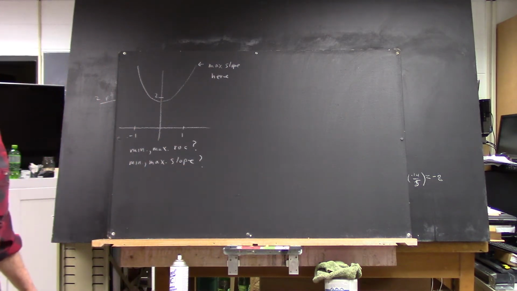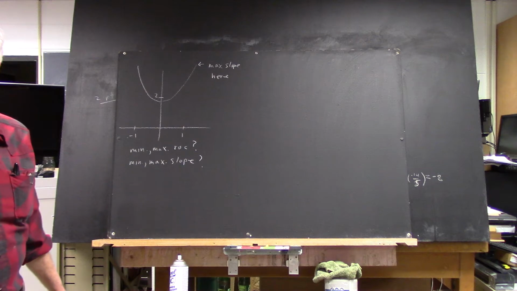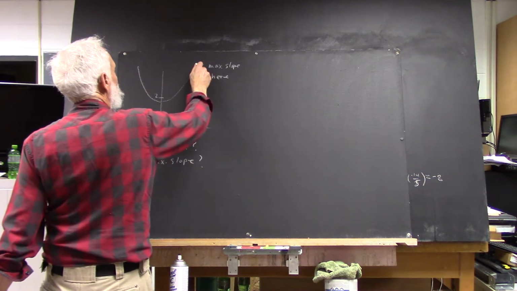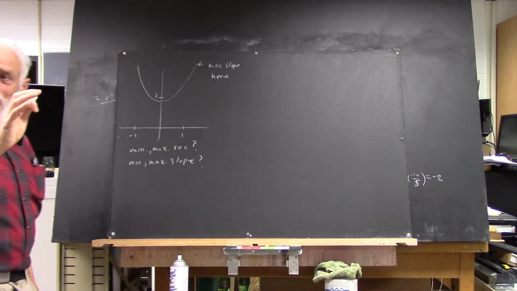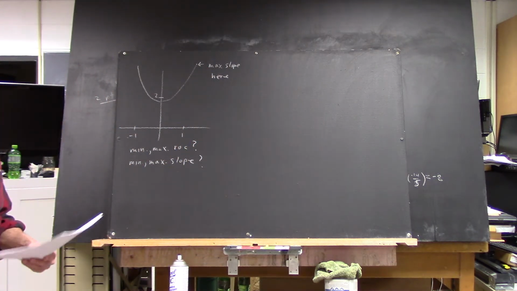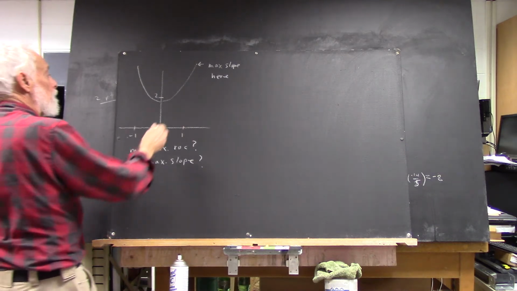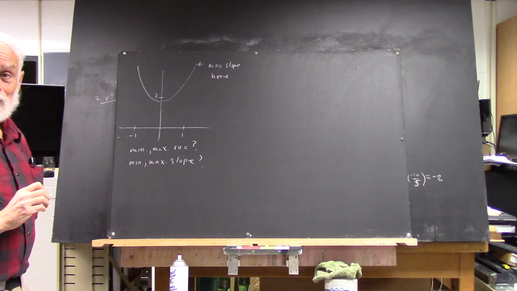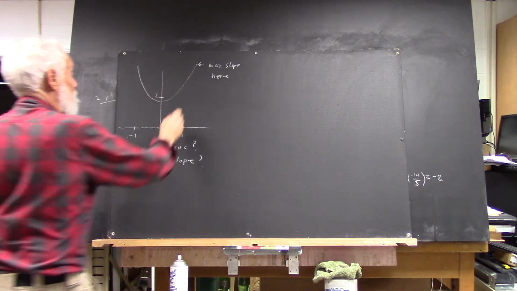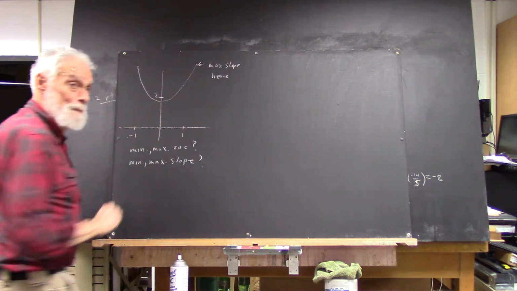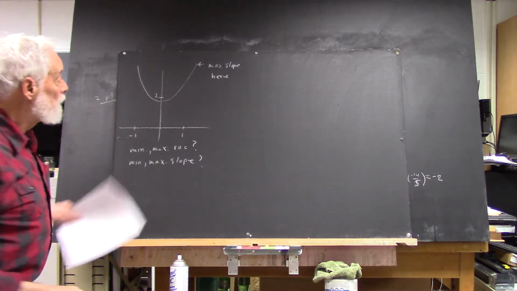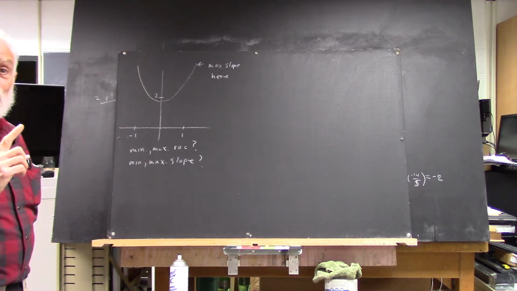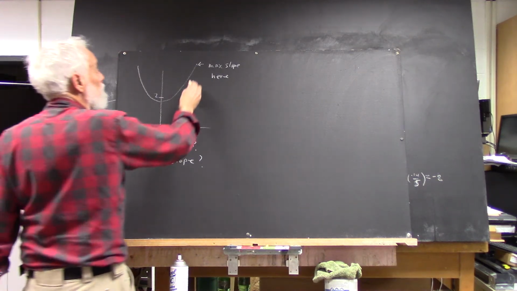Now, that means you take this last point on the graph, and listen to this carefully. I could draw a slope between this point and this point, right? But I could draw a steeper slope between this point and this point. And of course, the way this thing's curving, the closer I get to this point, the steeper it's going to be, right? So I want to take the closest possible point